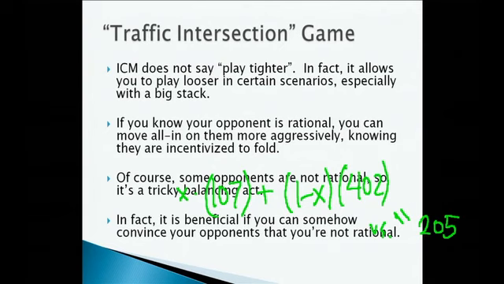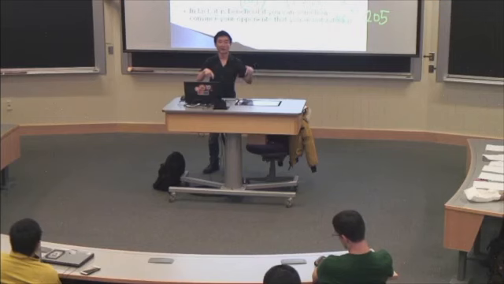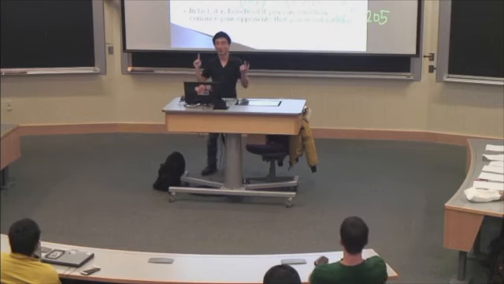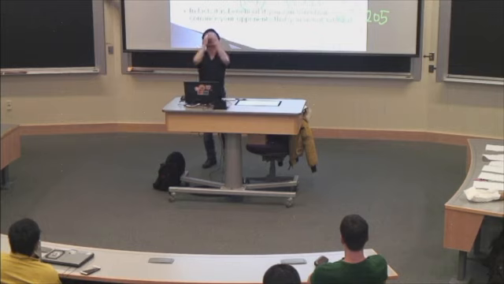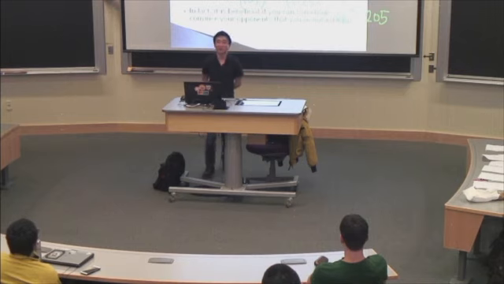It's called the traffic intersection game because you can imagine two cars trying to pass each other at an intersection. You want to save time and get there first, but you're worried the other guy might crash. Both players really want to avoid an accident, but both want to be the one to get through first. If you can act first and tell the guy, look, I'm closing my eyes, I'm tying up my hands, I cannot stop my car, I'm going through the intersection no matter what,